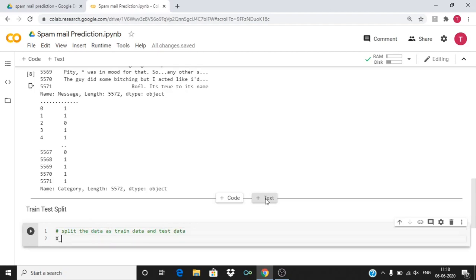So you can see the syntax here: x train comma x test, comma y train comma y test. So it separates into training and test data. So it is done by the function called train test split. So we have already imported this in our importing section. So train test split. So you need to specify the x and y here, x comma y. So x is message and y is the label.